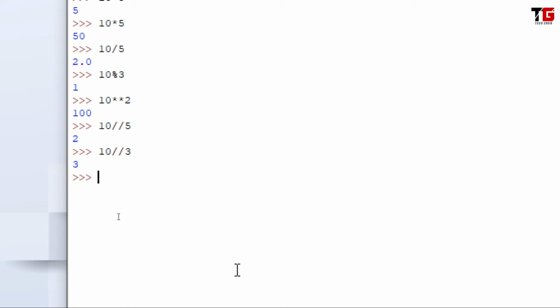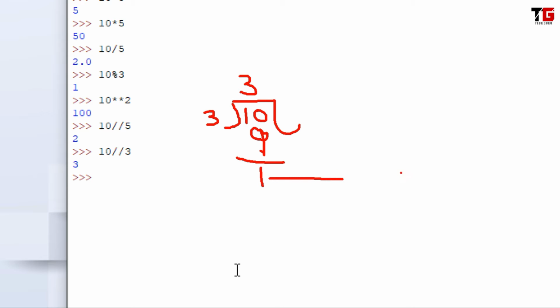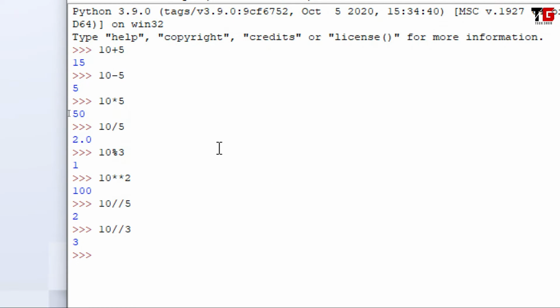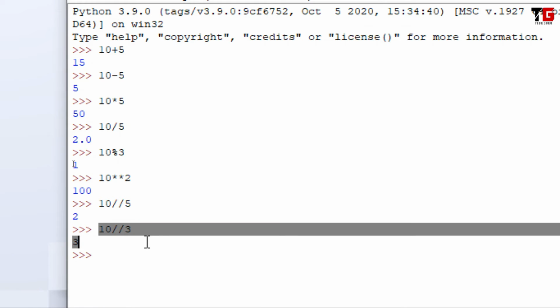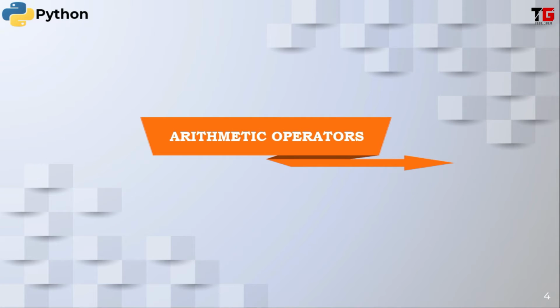So we got 3 here. Let's see how. Friends, when we divide 10 by 3, 3 3s are 9. Then we got remainder 1. Still we can divide further, but this floor division returns the integer number. So the result of 10 floor division 3 is 3. Okay friends, so I hope the difference between simple division and floor division is clear to you. Simple division always returns the float value, but floor division always returns the integer value. That's it about arithmetic operators.